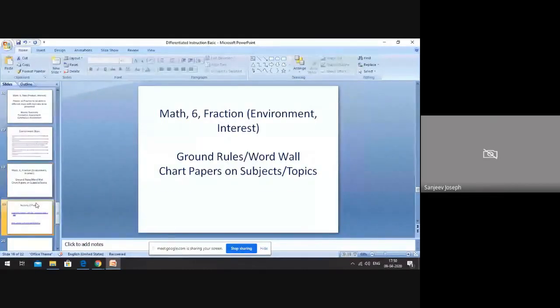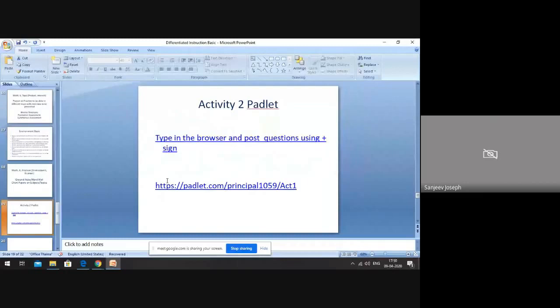Now, as we are coming to the end of the presentation, I would like to have the other activity which we have done earlier, that is Padlet, where whatever questions you have or whatever you want to share about what you are doing in your classroom, it will be an interesting topic to discuss now, in the few minutes which we have left, and then we are done with the session and can conclude after that. So I'm putting this Padlet in your chat box also.